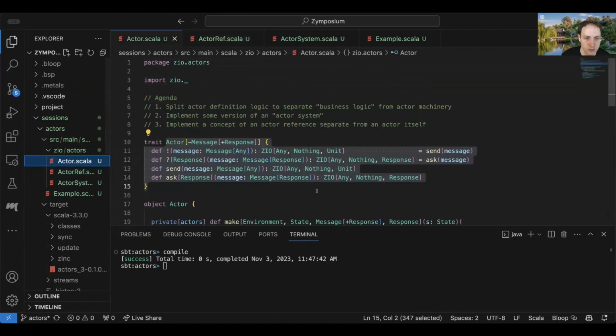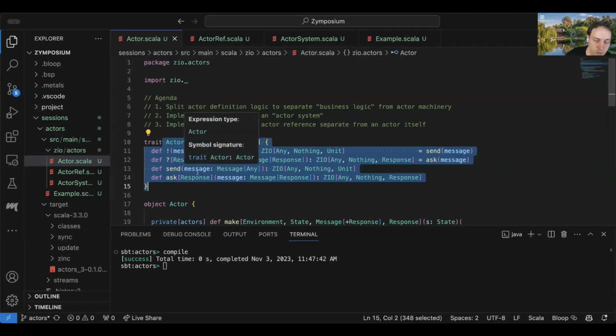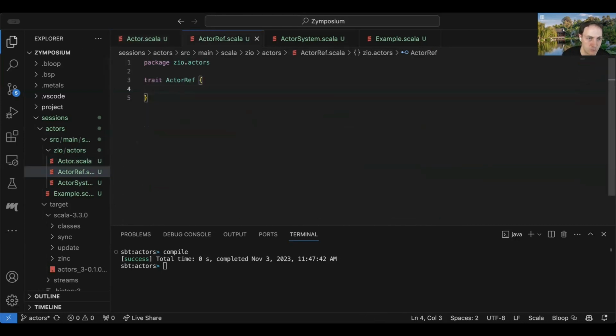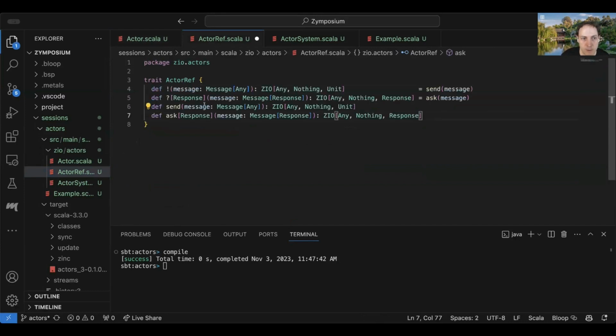And so I think an actor ref is going to have basically the same interface as an actor, because the idea is, if you have a reference to an actor, you're going to be able to send them messages and ask them for responses to messages. Maybe eventually, since it's the running actor, it's going to have some other things that are more like a private API, like a way to kill an actor, that maybe you don't want anyone who just has a reference to the actor to have. But I think these are the very basic functionalities that we would want to be part of the actor ref API as well. So I'm just going to grab these and paste them here.